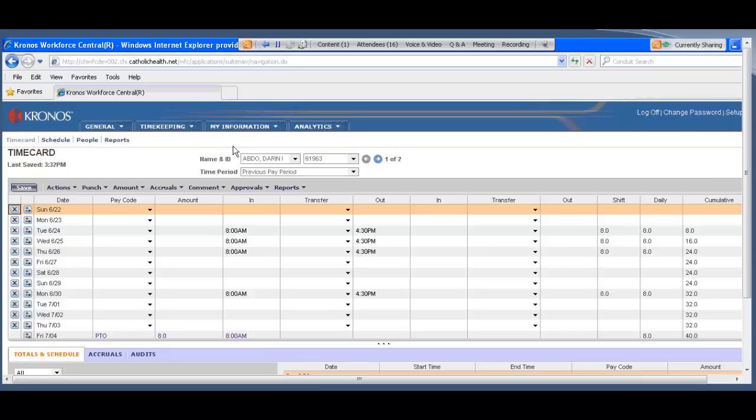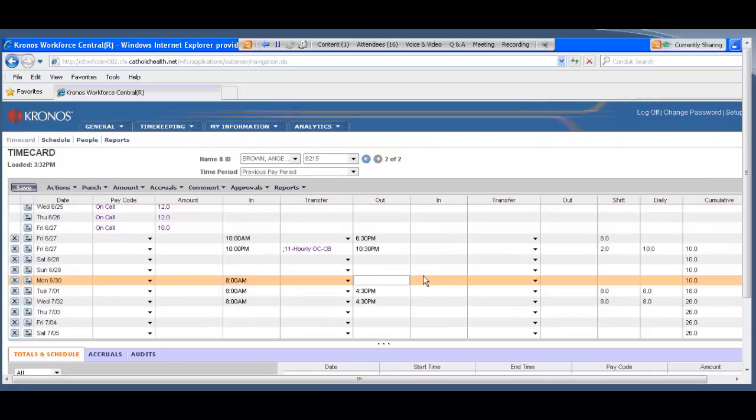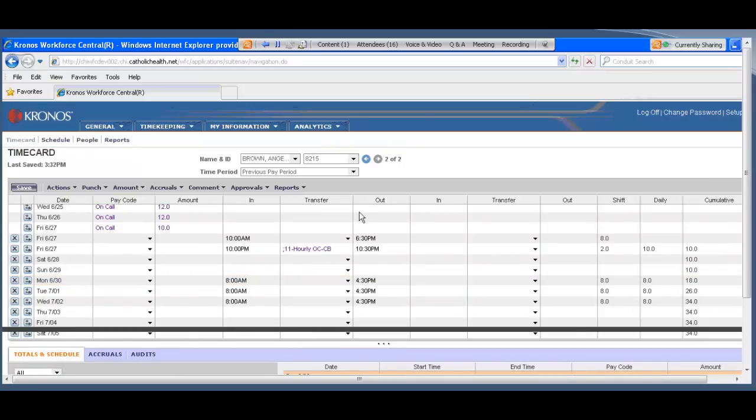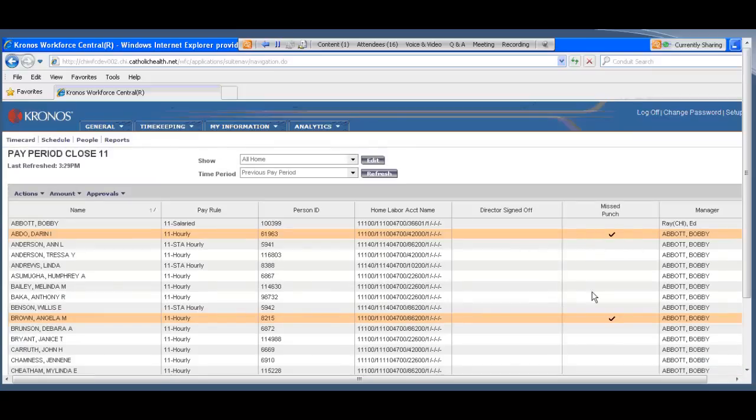I would save it, and I would go to the next employee. I would then fix this edit according to whatever was on the edit log. I would save it. I make sure that she's getting paid correctly, and then I can come back here to pay period close. You'll see that this is still showing me with missed punches. If I hit the refresh button,